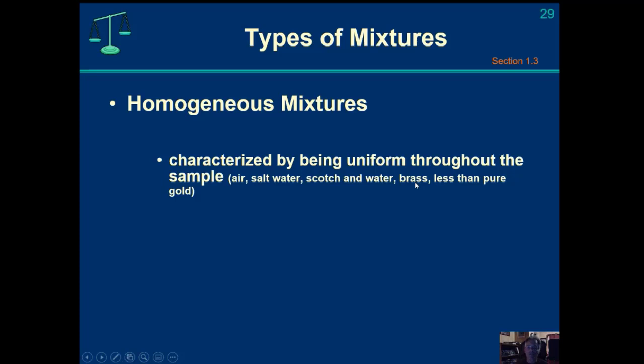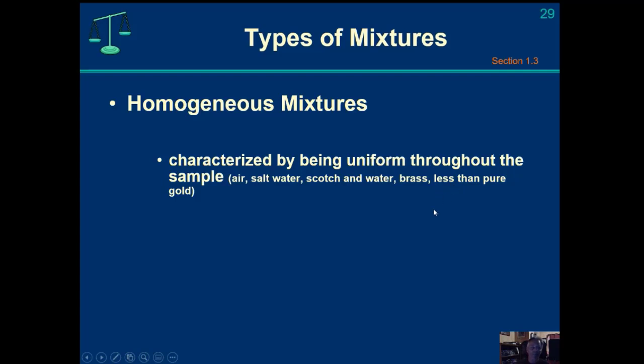Brass is a solid solution of two metals that are mixed together, but they still retain their own unique properties. Each component of that mixture is less than pure gold, and most of the gold that you have as jewelry is less than pure gold, because nature really loves mixtures and hates purity. It just doesn't tend to make pure substances.